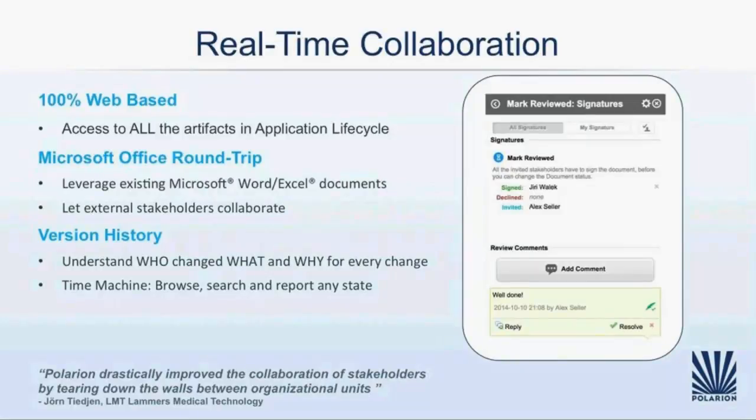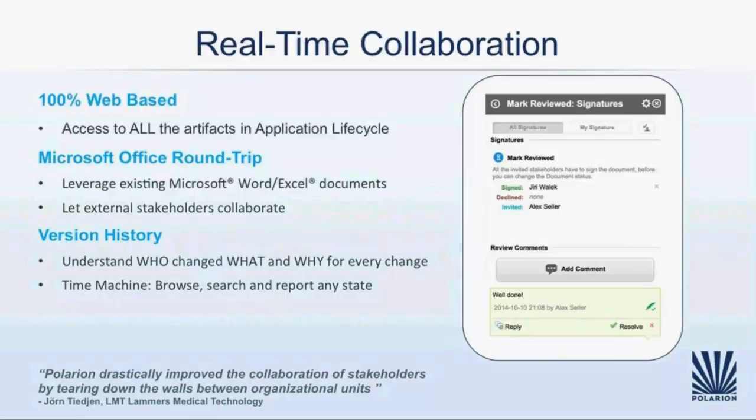Polarion was designed from the beginning as a 100% web-based solution that provides a unified solution for all the ALM disciplines. It enables effective communication between analysts, engineers, QA members, and DevOps teams online in real time. But we also know that there are always some stakeholders that cannot access the information online. And for them, we deliver unique Microsoft Office round-trip capabilities that let them not only leverage the documents they wrote offline, but collaborate offsite, offline, on the actual changes and import the changes back.